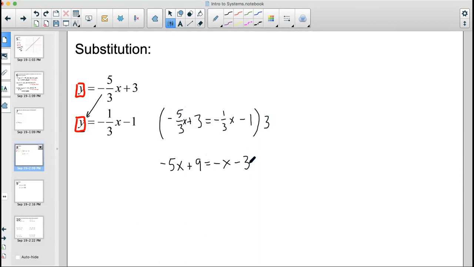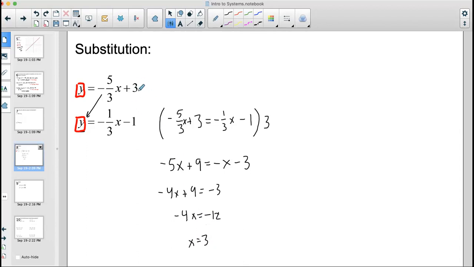Now I solve it like I normally would. Maybe add x to both sides. And that would give me negative 4x plus 9 equals negative 3. Subtract 9 from both sides is probably a good next move. Negative 3 minus 9 is negative 12, and I divide both sides by negative 4, and I get x equals 3. And that's great, but that's not the answer,